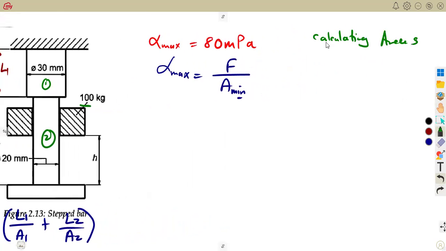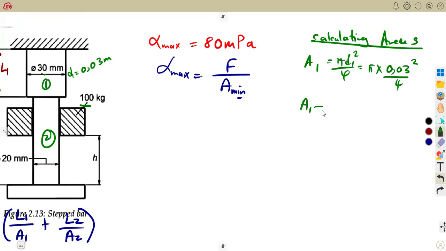We are going to notice the first area. As I have stated, this is my first area. We're going to consider our diameter in that case. What is our diameter? That is 30 millimeters. So meaning that's, if you divide by 1,000, 0.03 meters. So that's pi d squared over 4, which is pi times the diameter, 0.03 squared over 4. So that was going to be our area 1 from this diameter, which was going to be something like 0.007